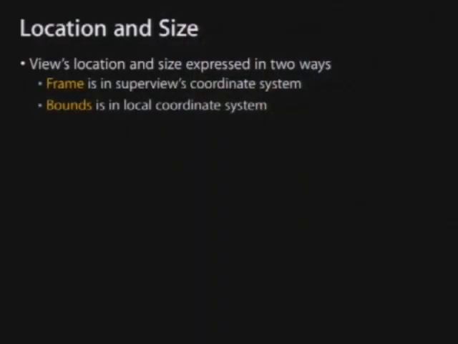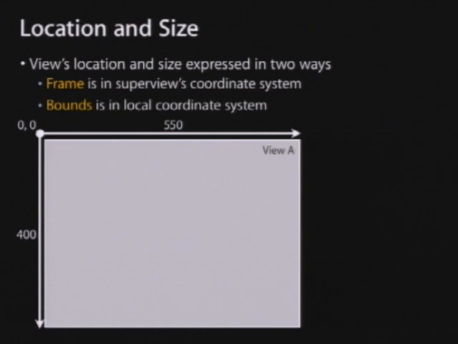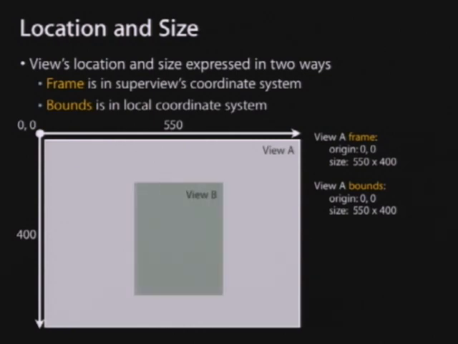So location and size. There are two rectangles that you'll often find associated with a view. There's a frame and there's a bounds. Okay? Now, the frame specifies a rectangle of a subview with respect to its parent. So in this case, if I have a view that starts at the origin, has a width and a height, its frame is 0, 0. And in this case, its bounds are 0, 0, 2. Well, what's bounds? Bounds is the rectangle of the view with respect to itself.